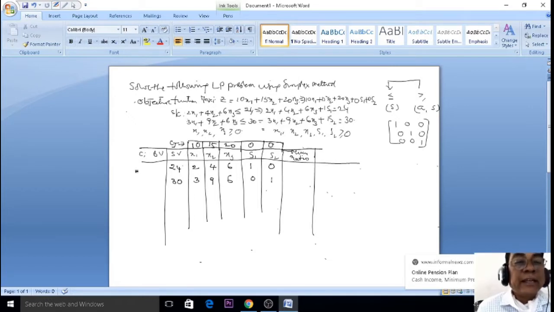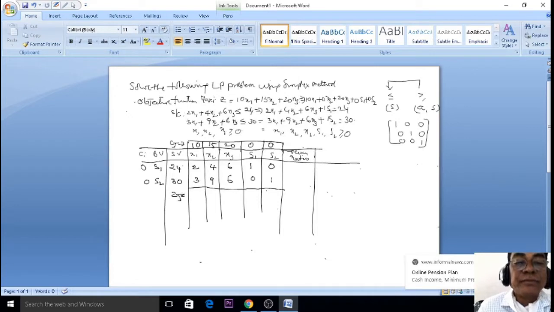So how to enter the values in CB and basic variable? See the unit matrix here: 1, 0, 0, 1. What are the top values? Please write down 0 s1. Go to the second unit matrix column, 1, because the simplex table is always connected to the unit matrix. The top value is 0 s2. Now draw a horizontal line. So the next step is ZJ.